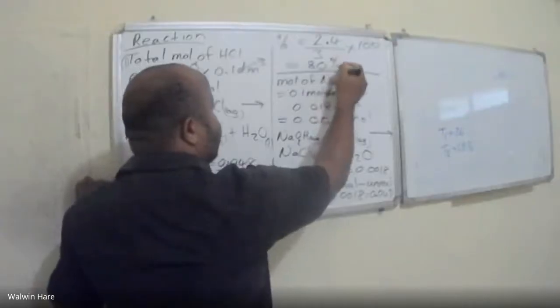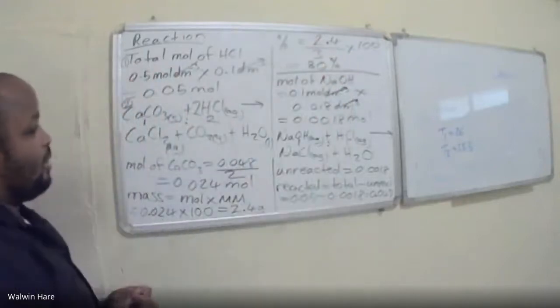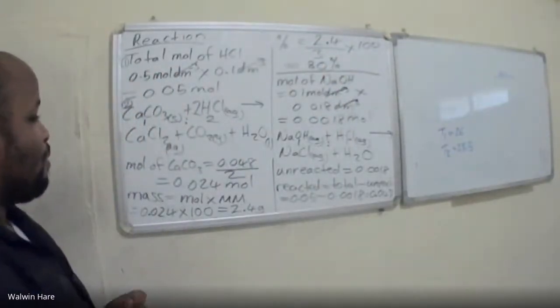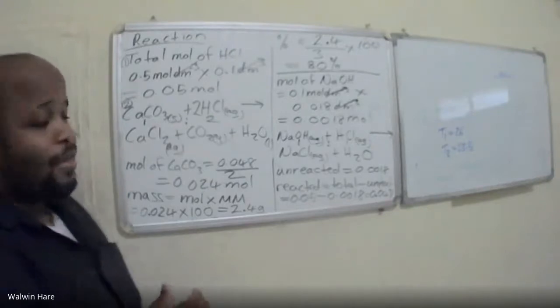Can somebody? 80%. How much? 80? 80. Yes, sir. All right. So it's 80%. All right, let me just go through the process again, and then I'm going to put one